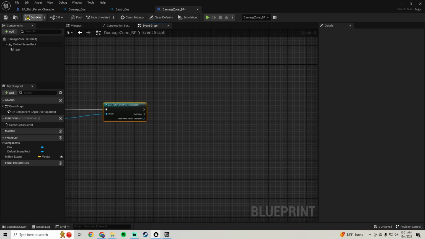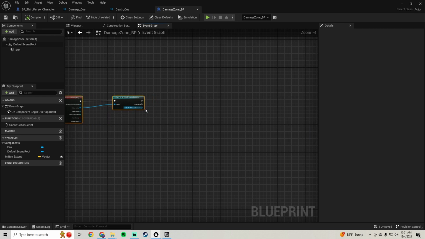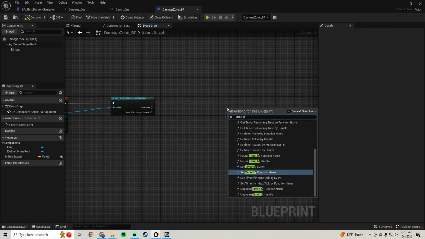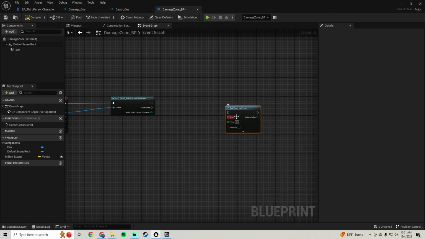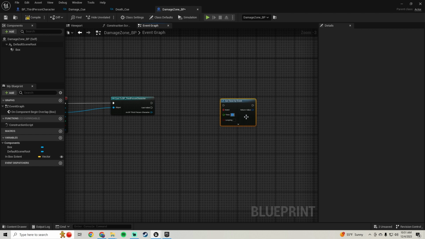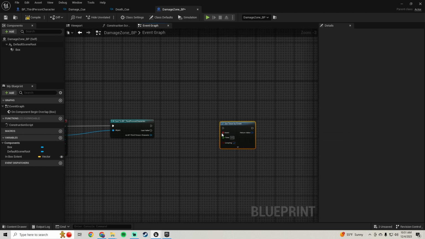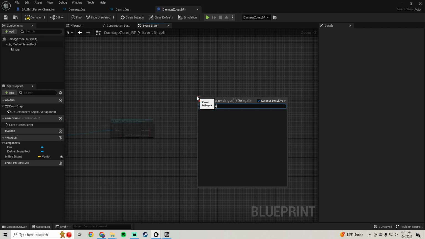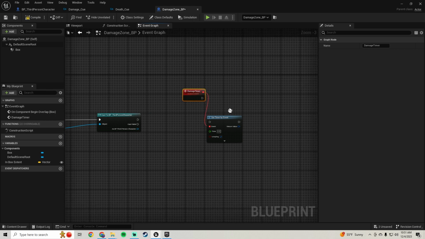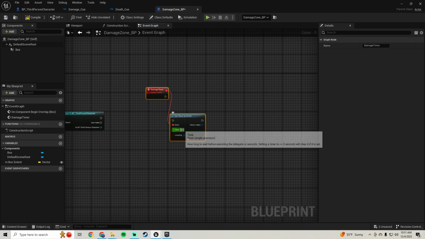And what we want to do after this is we're gonna grab a set timer by event, and we're gonna set the time to like 0.5, and we're gonna set that to looping. We're gonna pull off the event, grab custom event, and call this damage timer. And basically, for every half a second that we're standing inside of the box,